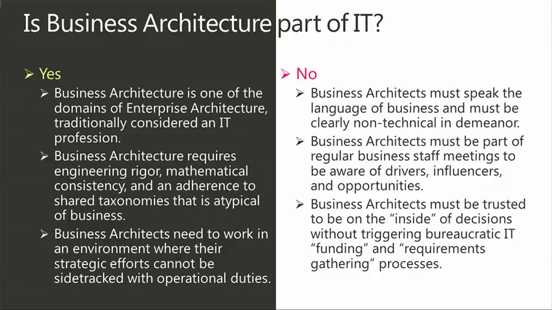Here's the interesting part, and I've seen both ways done, by the way. Organizations where the business architects report outside of IT tend to do a lousy job of promoting their business architects. It's a really rough career path. This is a new business function. And if you're just getting started as a business architect, go work in one of the ones where it reports to IT first, so that you won't be fired in the first 6 months. Okay. Get the job under your belt. Then move over to one of those other companies, or get your company to move over the function, because now you're cooler than everybody else.